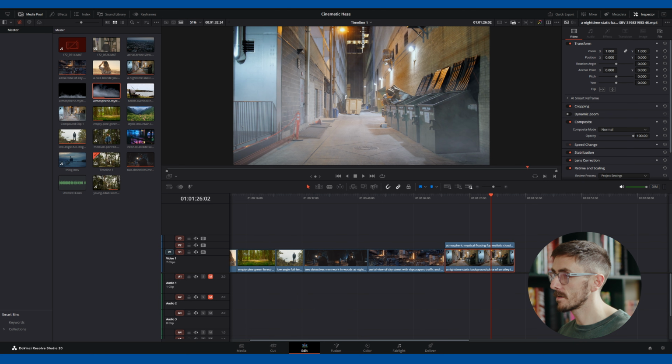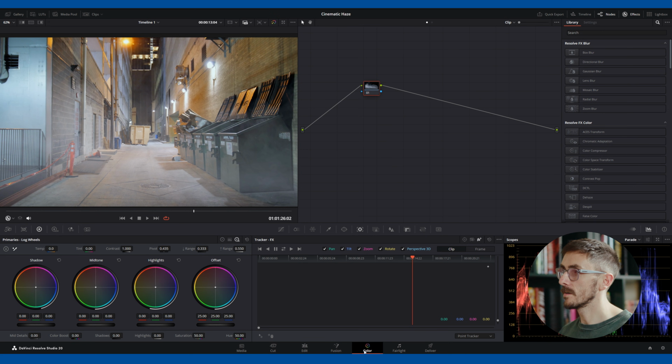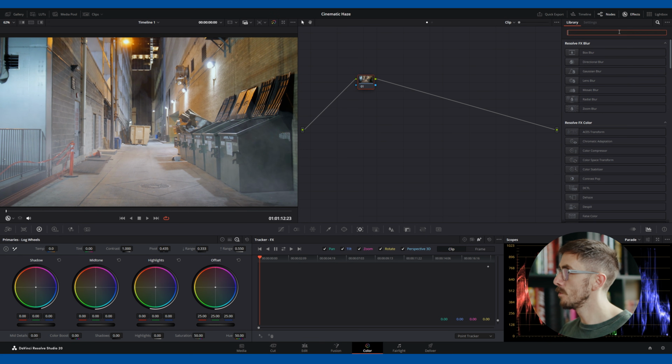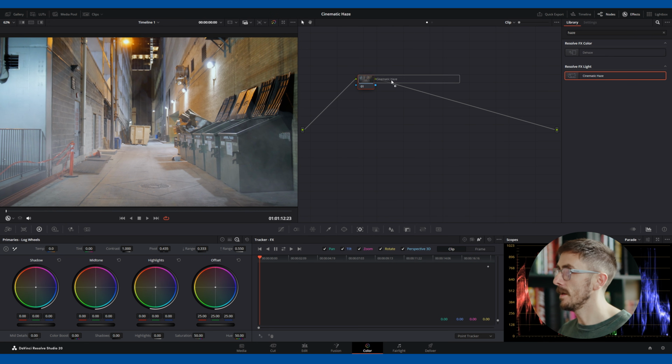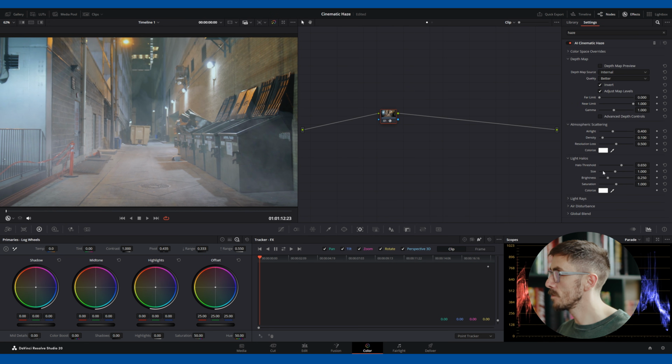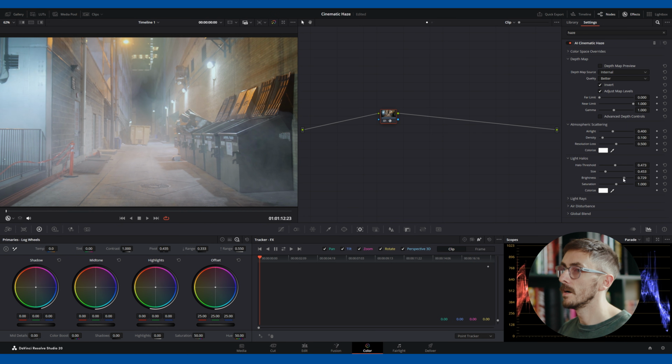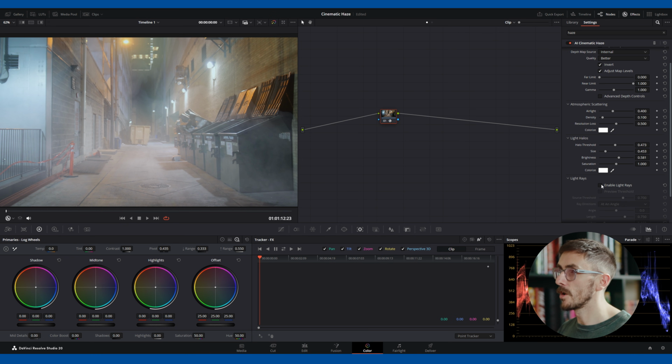So let's click the alleyway media clip and go into Resolve, color page, and type in haze. And I think what I want to do is really focus on these lights to help sell the effect. So we're going to start messing around with the light halo parameters and try and get that nice ambient glow that you find in foggy situations. Kind of like that. I am also going to enable the light rays here